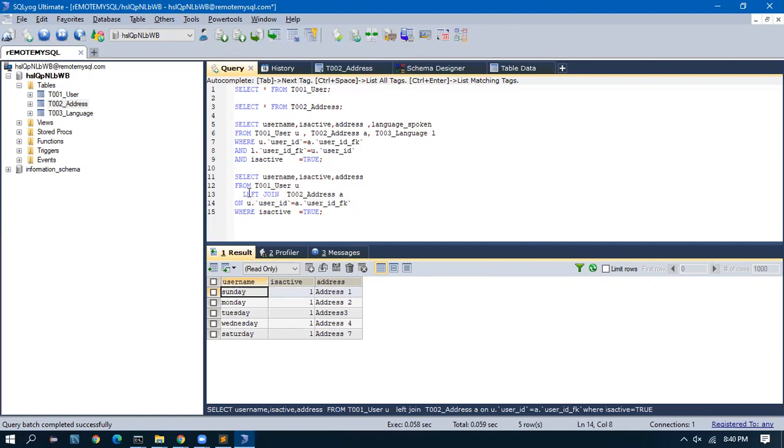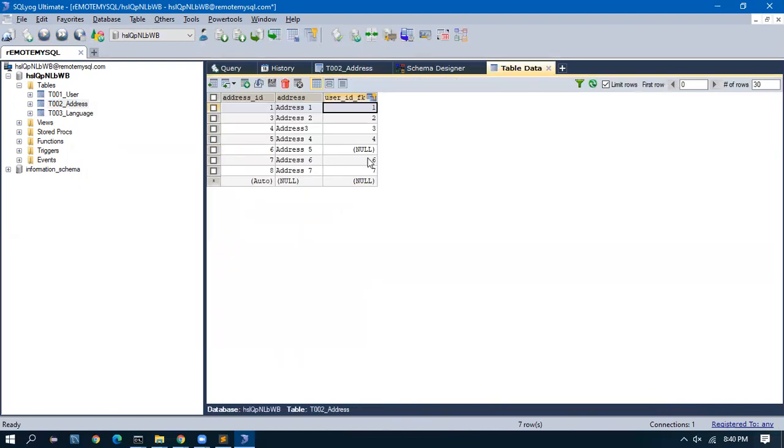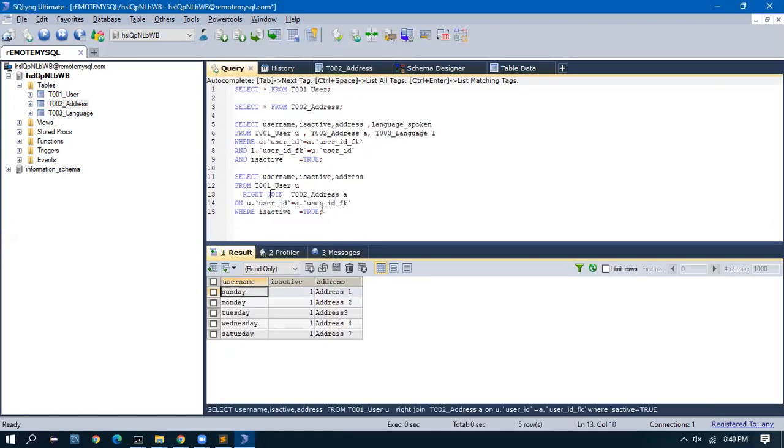Let me just change this to right join. Actually, do we have a record for everyone in the address table? 5 is not there. Okay, in this query, let me remove this. I will bring everyone.